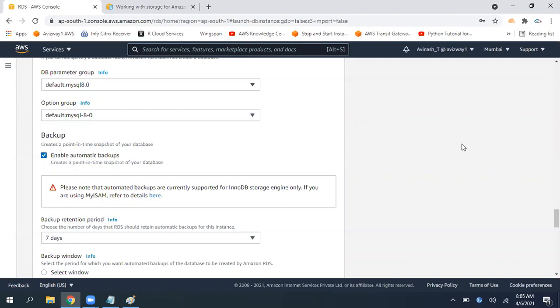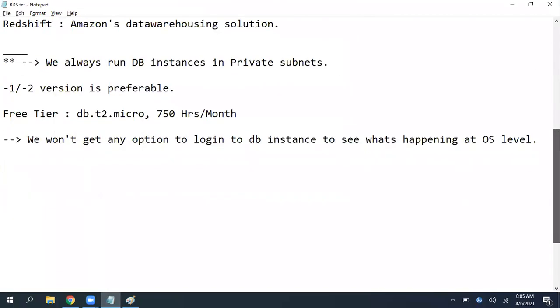Most of the times for production environments, we are going to enable backup. Now, how many backups is it going to create? Whenever you are enabling a backup, it is going to ask us the backup retention period. What is this backup retention period? How many previous backup copies you want to keep? We need to define it in values of days. The maximum backup retention period is